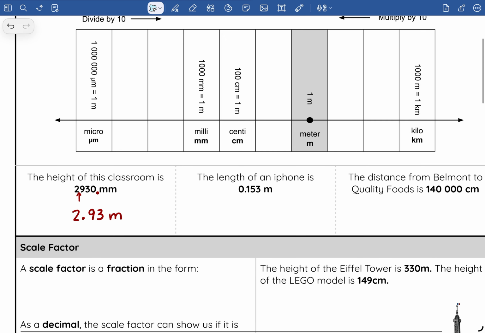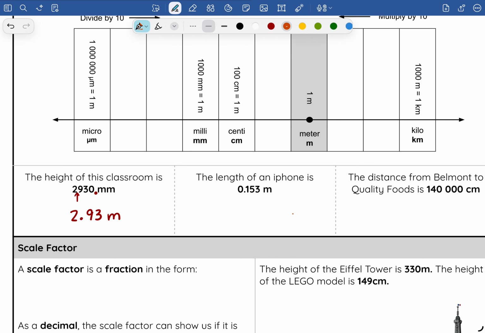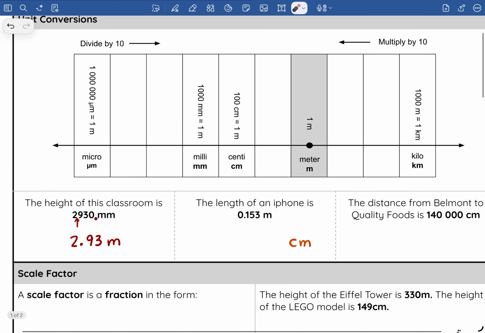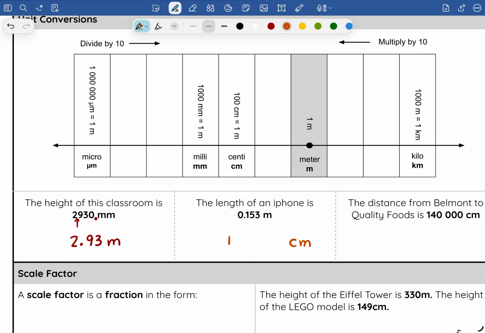Okay, cool. For the next one, the length of an iPhone is 0.53 meters. So we're thinking the length, which is the longest distance here. What would be a better unit for that? Centimeters would be a good choice. So to go from meters to centimeters, we're going to the left this time because we're going from a bigger unit to a smaller unit. So for every step, we're multiplying by 10, which means we're making the number bigger. And so this will move our decimal place 2 steps to the right this time, which means that we'll get